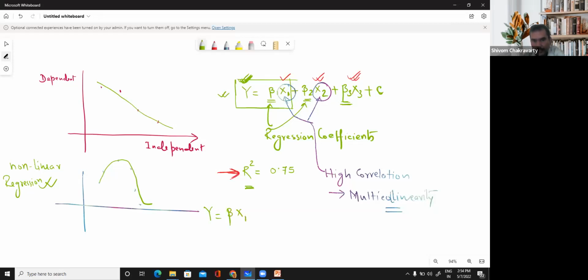So x1 can be, say, cube, plus beta 2 x2 can be, say, square, like that. So square, cube terms, and sometimes even log terms, log of x3, things like that, exponential power,